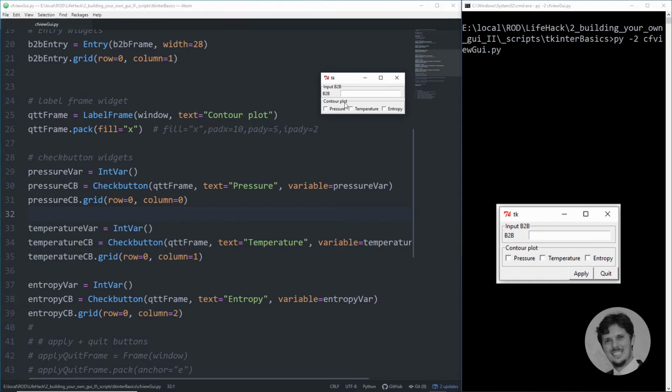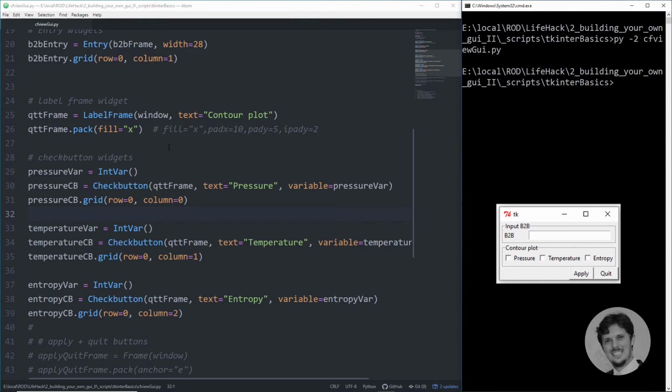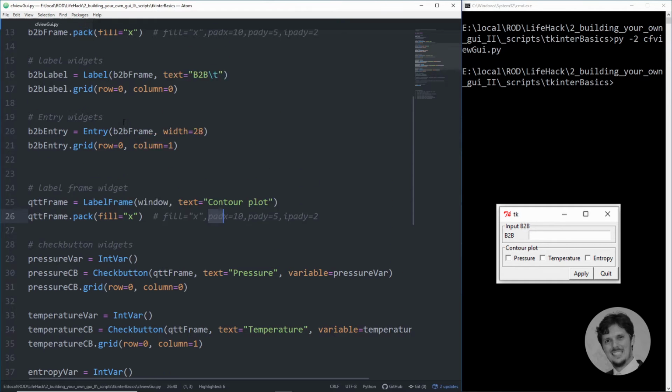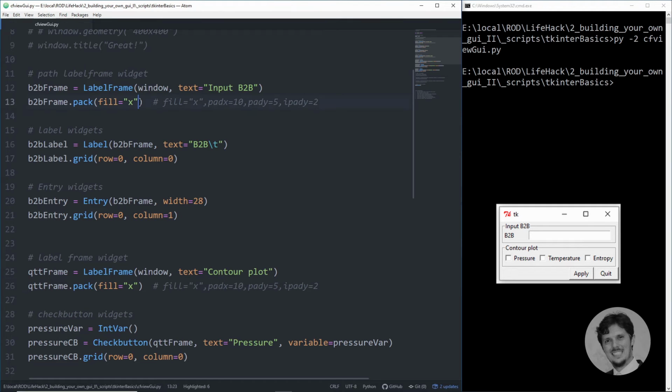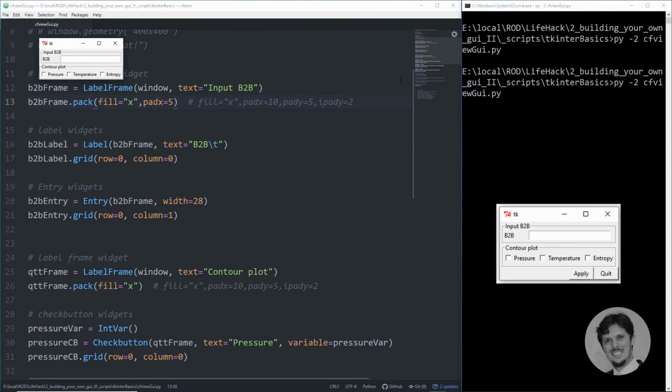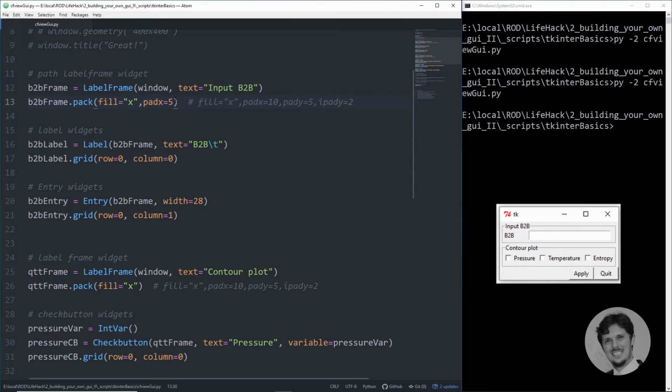Perfect. What is not nice here is that I want to give some space between the label frames. And why? To give spacers, you should be using one thing called pad. And pad is either pad X, so spacer in X, or pad Y, or spacer in Y. So the first label frame is B2B frame. Yes. So here I add pad. I want pad first in X, and here I'll give some numbers, let's say 5. So what that's going to do, look at the difference,